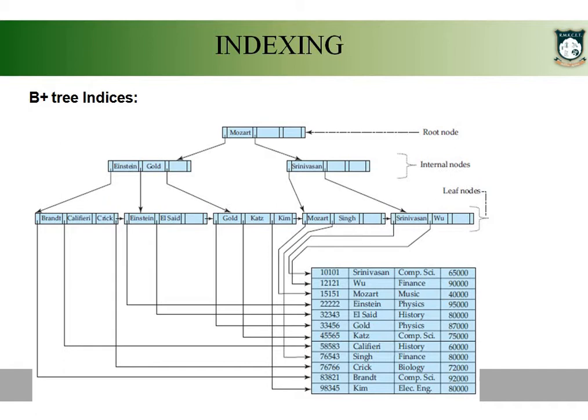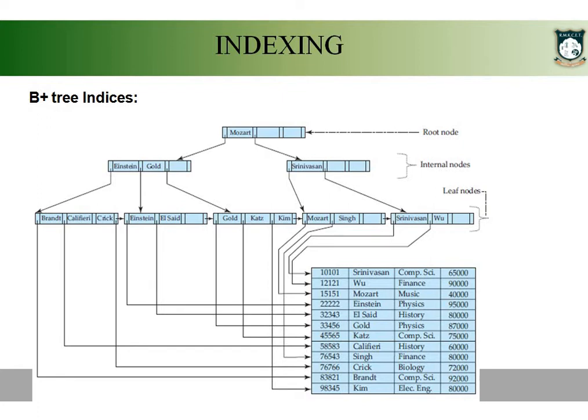All the non-leaf nodes should have a minimum of 2 children and a maximum of 3 children. So this is a constraint for our B+ tree. And one more point regarding this B+ tree is, if a non-leaf node has n children, then it should have n minus 1 keys in it.